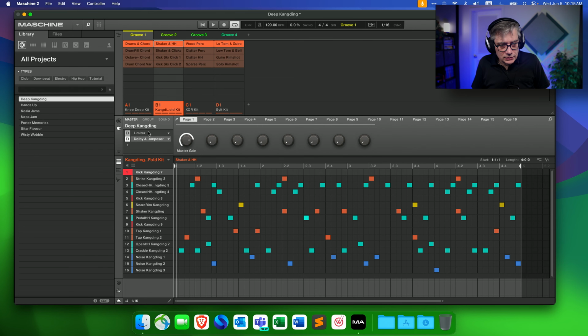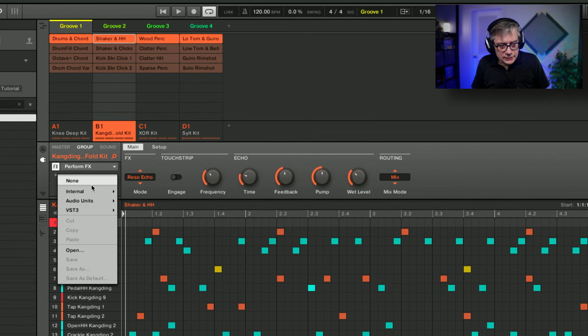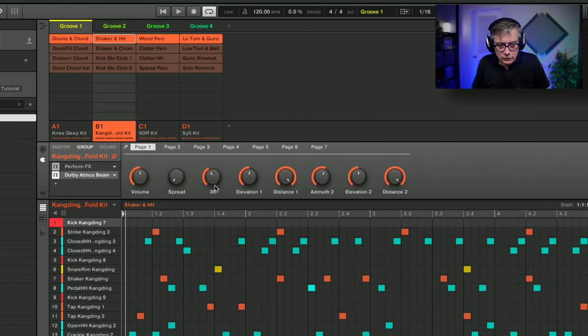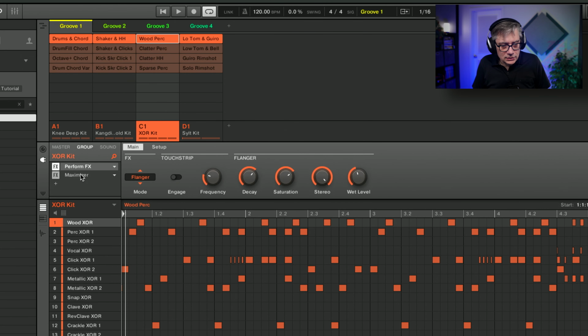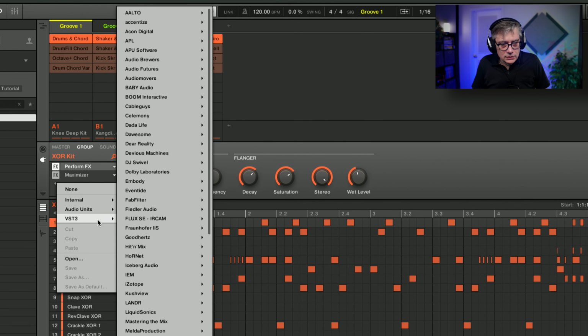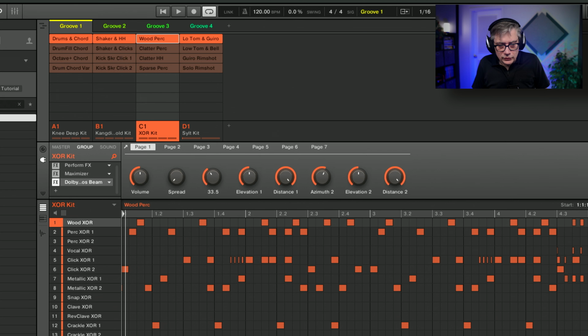So let's go back to the group and add a Beam plugin here. And let's move that up a little. I'm simply going to move these 2 up slightly, and then we have the second one, and let's do the same thing here, add the Beam plugin, and move that a little bit to the left and to the right without changing the elevation.